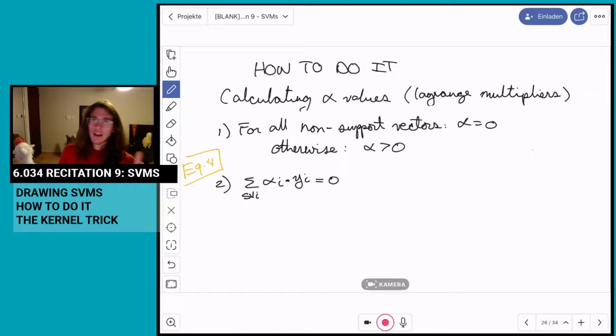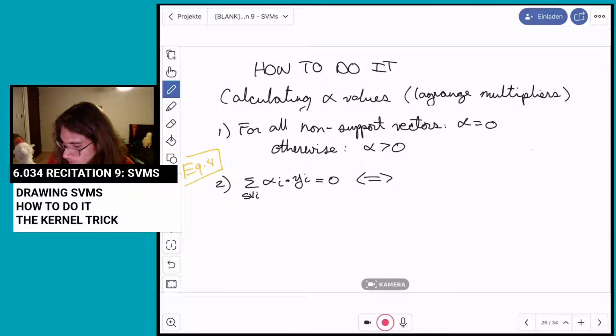So if I have 3 support vectors, the alpha value of 1, how much it supports the boundary, times its classification, plus the alpha value and the classification for the second, plus the alpha value and the classification for the third, that sum is equal to 0. And I'm going to rewrite it in a way that is essentially a different way